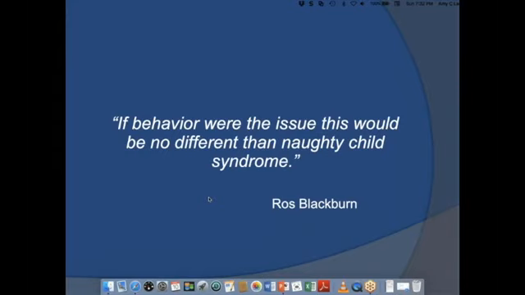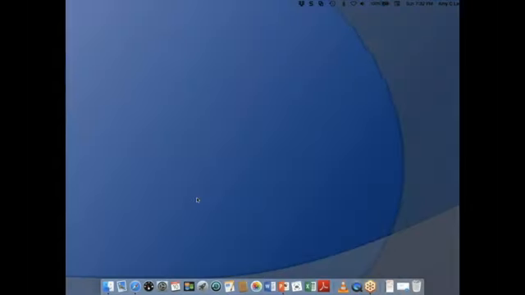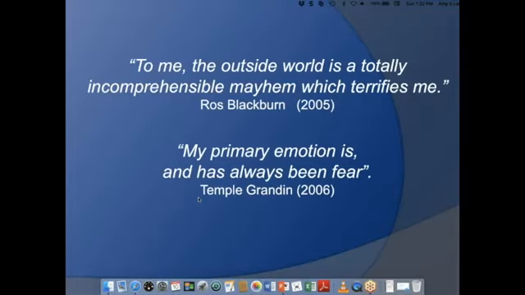So the behavior itself may be challenging, but the root of it is really in the neurological differences and the mismatch between what's happening in the environment and how they're processing it and able to feel comfortable and engaged in that environment. So I love listening to individuals who are neurodiverse because they give us such great insight and make us stop and think, which I think is fantastic.